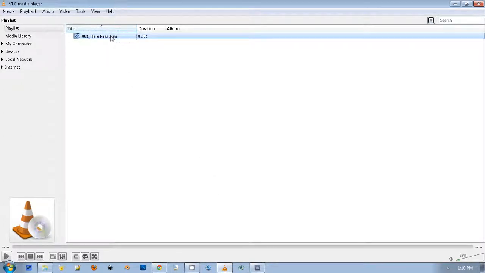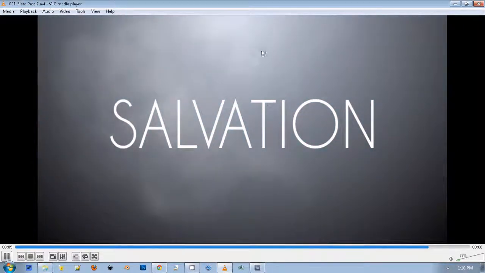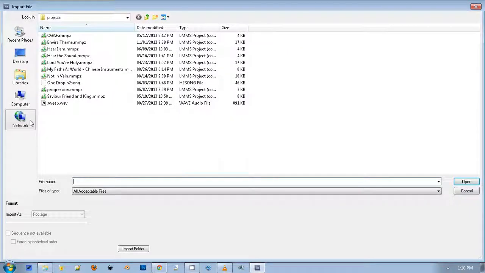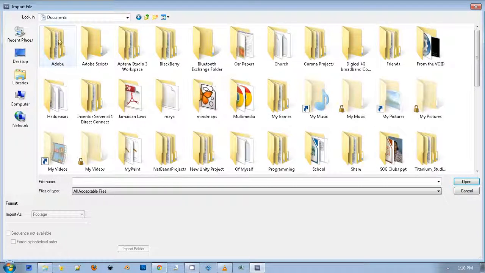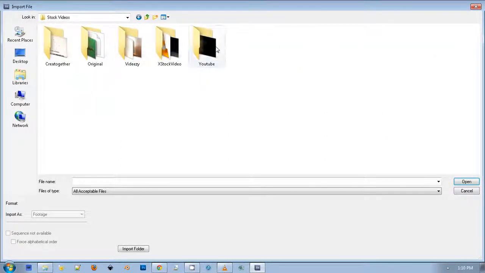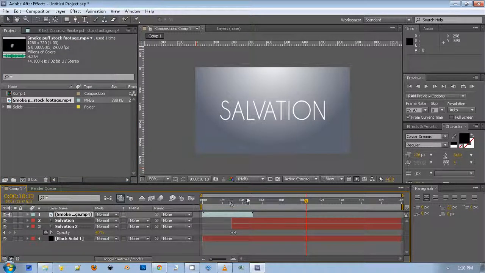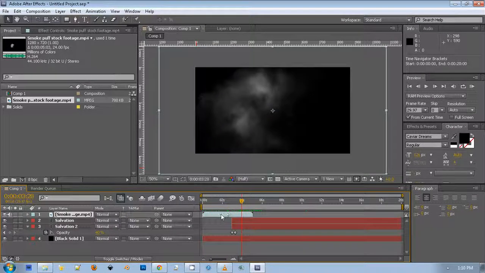Now also noted in my video is I have some smoke. Right, now that is stock footage we can simply add to After Effects. And we just go to the project window, double click. I'm just going to navigate to my resources folder, videos, stock videos from YouTube, smoke puff footage. Right, and I have that there. We can simply just drag it in there. Now by default my video starts here, right, poof, like that. But I want that to appear only when my